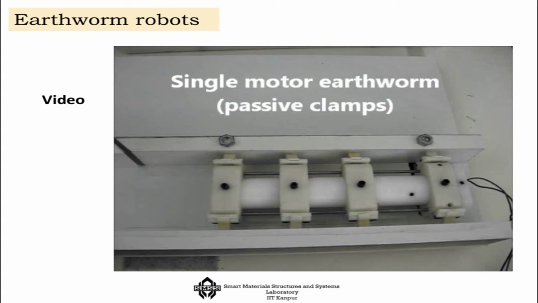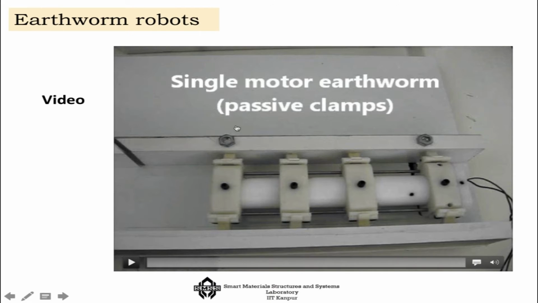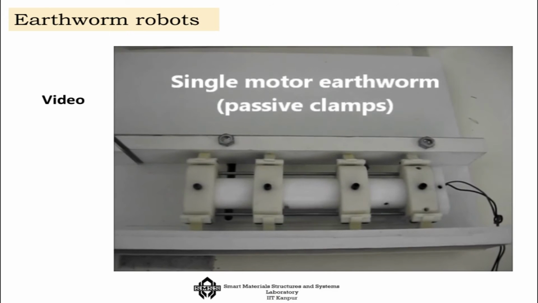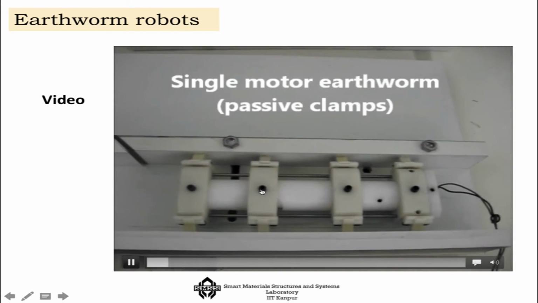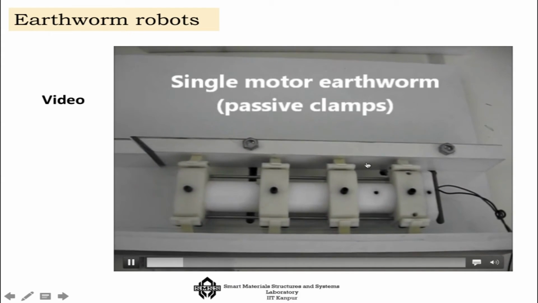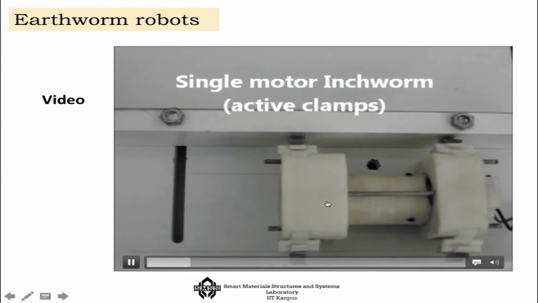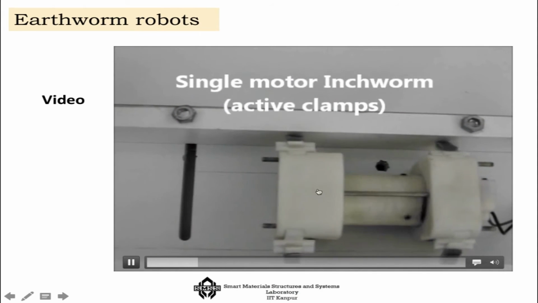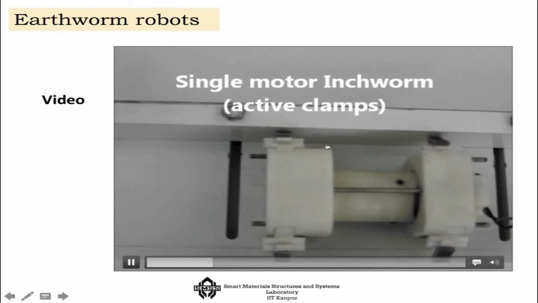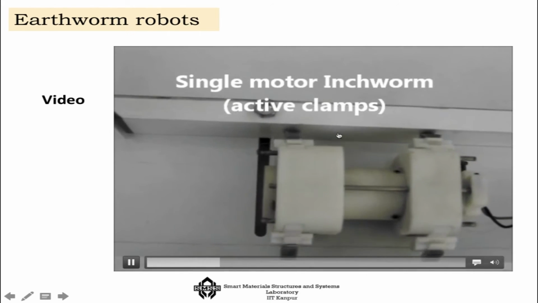Now here I will show you a very interesting application of magnetostrictive material, and this is in terms of its motion as an earthworm in a conduit. This is also known as inchworm motion. Inside this there are magnetostrictive materials, and there is a stick-slip happening because of the expansion and contractions, and that is creating the stick-slips, and the whole thing is actually propagating.